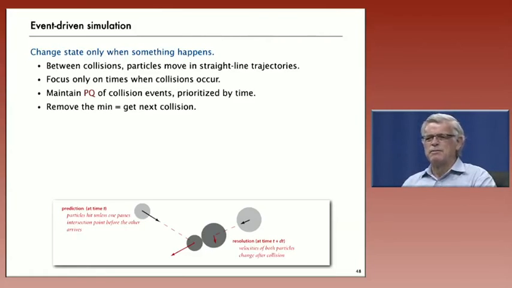And when we remove the minimum element from the priority queue, that's the next collision that we have to deal with. And so we have two phases. We have predict